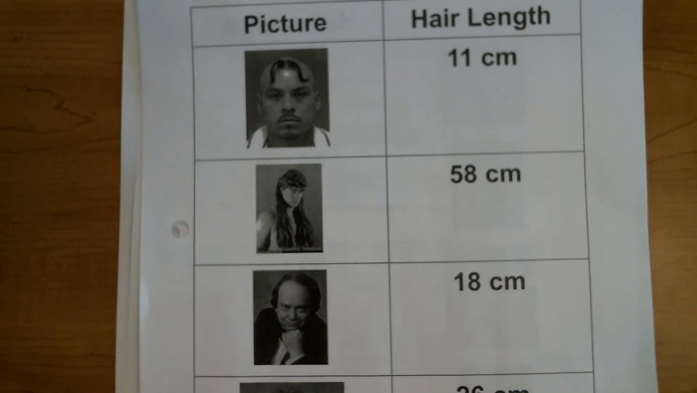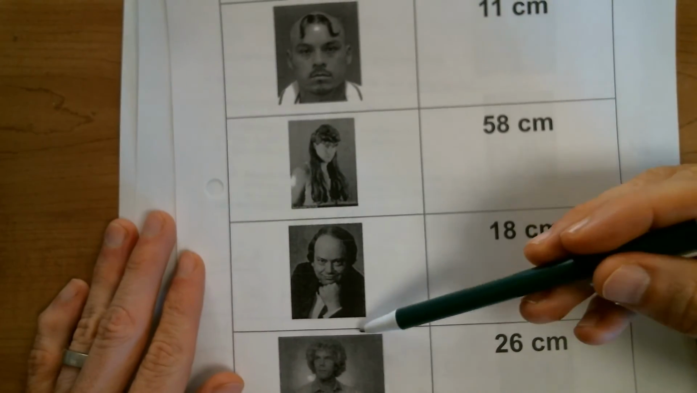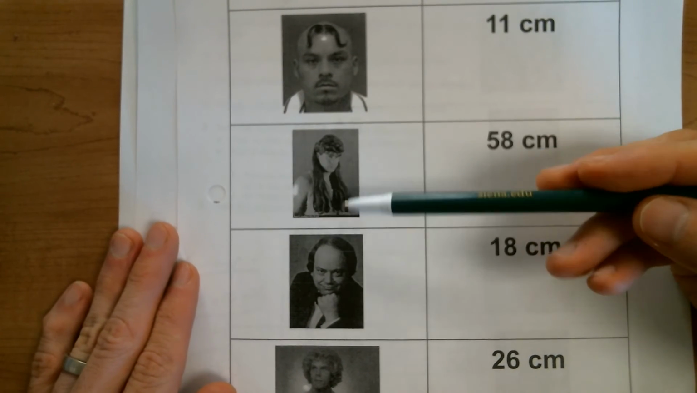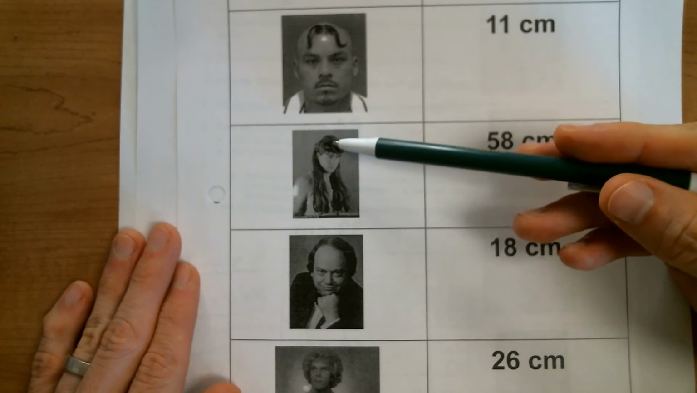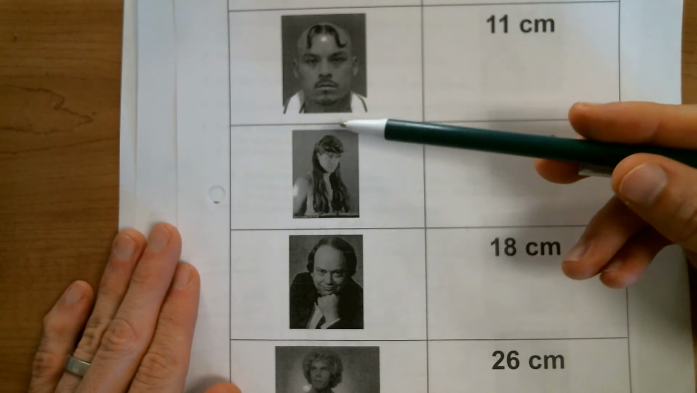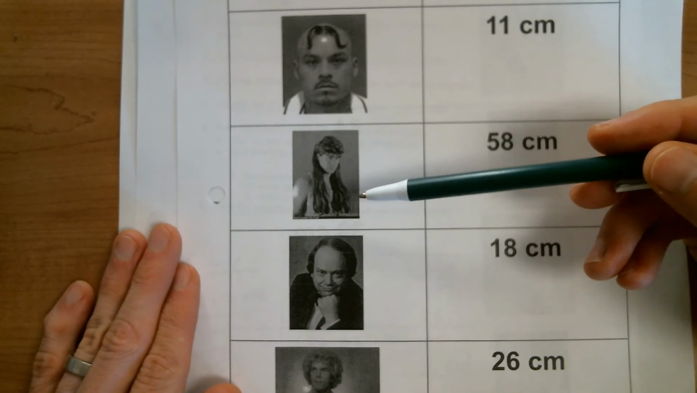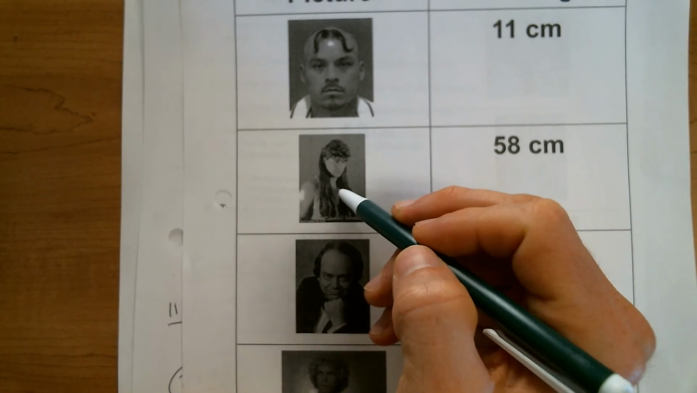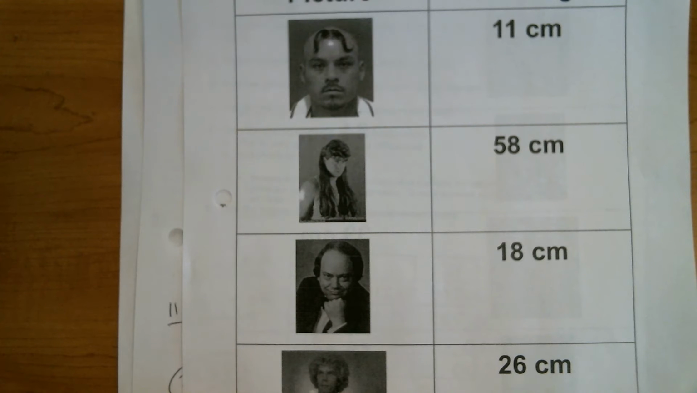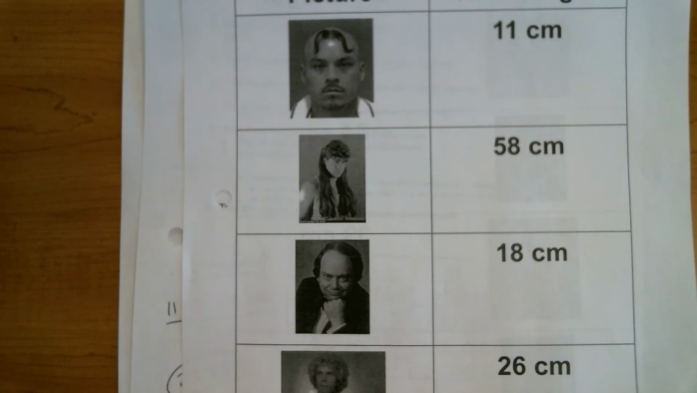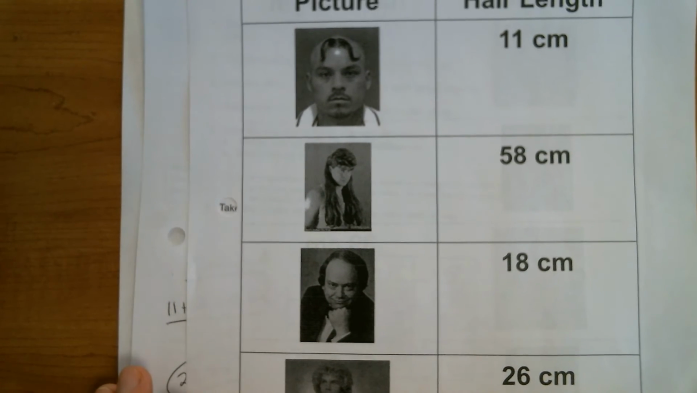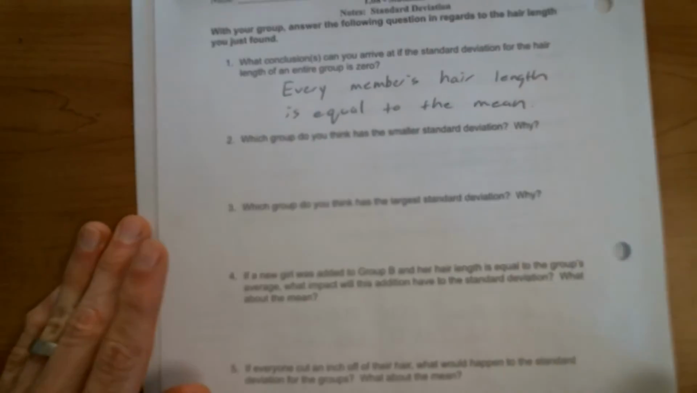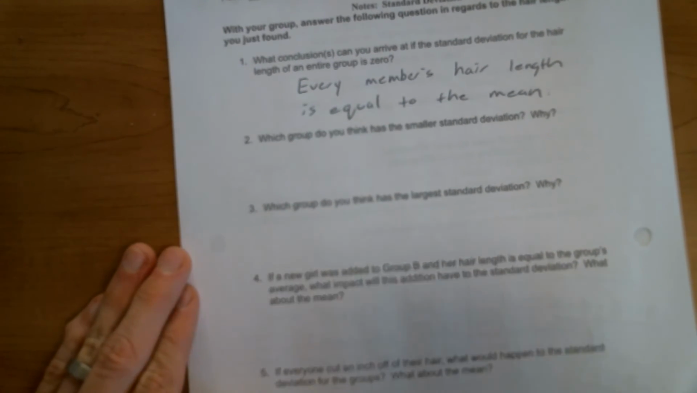Versus if we go over here to the guys, we've got 3 guys that have relatively short hair. And then we have this one guy here with really long hair. So this one person is far above the mean for the group, all right? And since standard deviation is the average distance from the mean, his distance is going to be really large, and it's going to drag up that average, which means it's going to drag up the standard deviation. So as far as which group do you think has the smaller standard deviation, I would say group B,